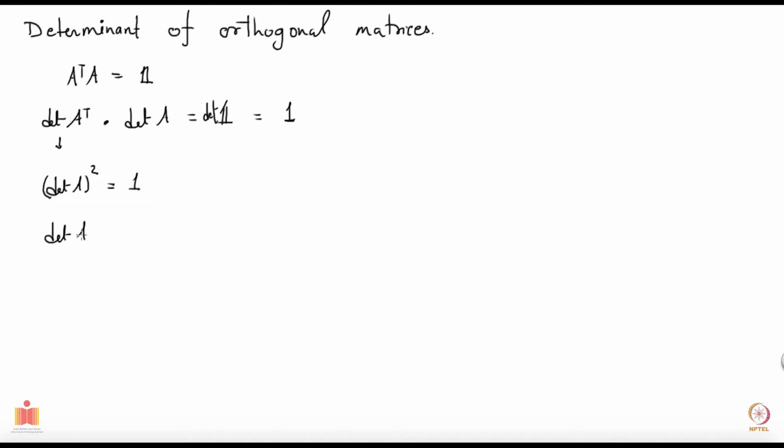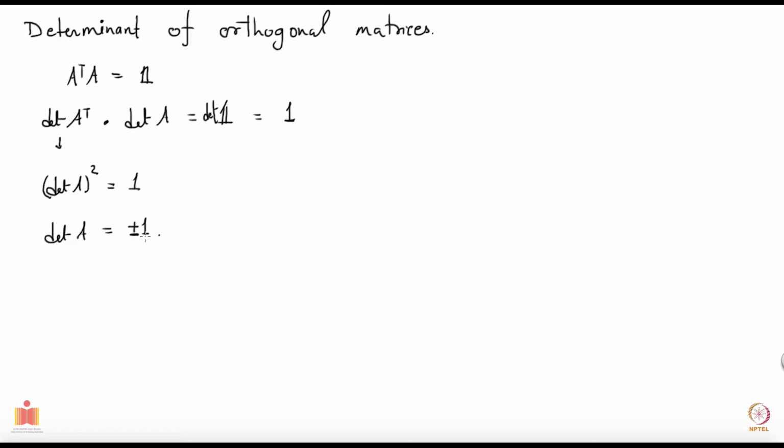Okay, this 1 is a number, not a matrix, which means our determinant of A could be either plus 1 or minus 1. So there are two possibilities for our matrix A, and the determinant could be either plus 1 or minus 1. Okay, that's nice. Now, out of these two allowed possibilities, which one is true for our case? So our case meaning the rigid body.